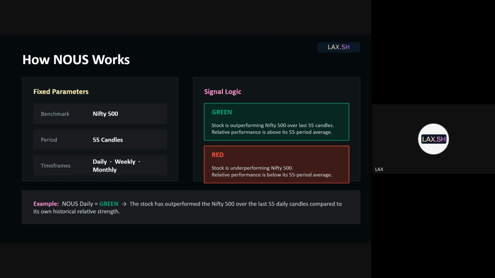Especially if the green has come, let's say, in the last 1, 2, 3 candles. Why? It means the outperformance phase has come, but it has just started. So what I'm saying is, the longer the underperformance and then the outperformance starts, and it is a bigger time frame, then it is the best thing. Because the bulk of the outperformance is likely ahead of you.